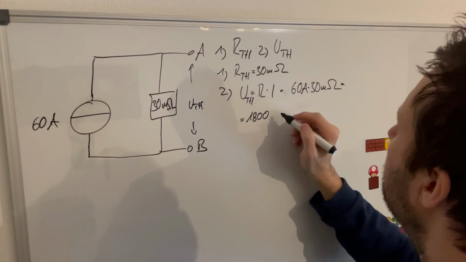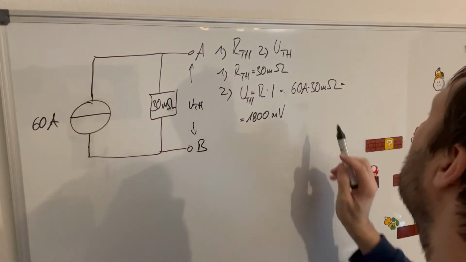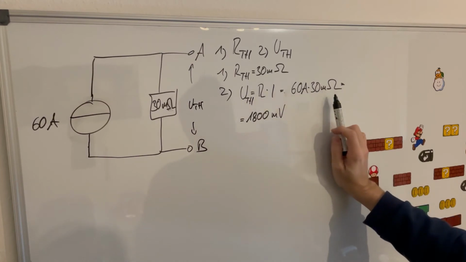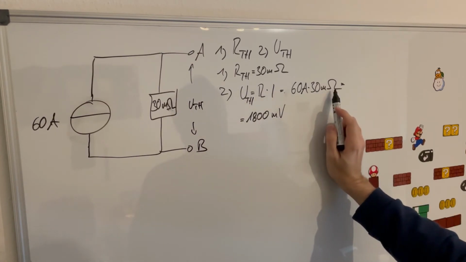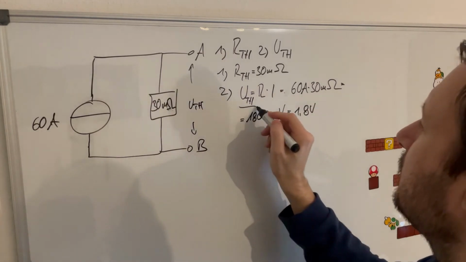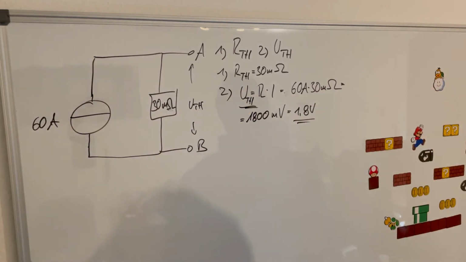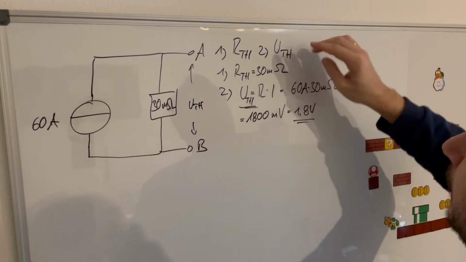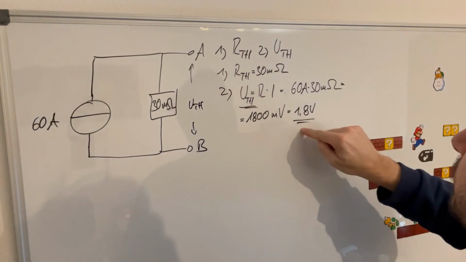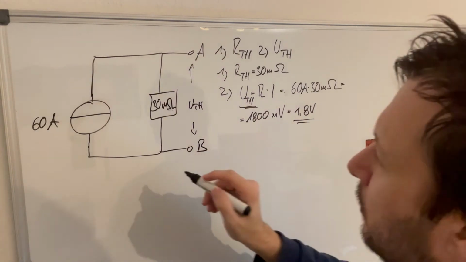And then it's millivolts, because ohm is volt divided by ampere. The ampere cancels out, so it's left with millivolts, and this is 1.8 volt, and that is our U Thevenin. And so we have our R Thevenin is 30 milliohm, U Thevenin is 1.8 volts. So we can draw the